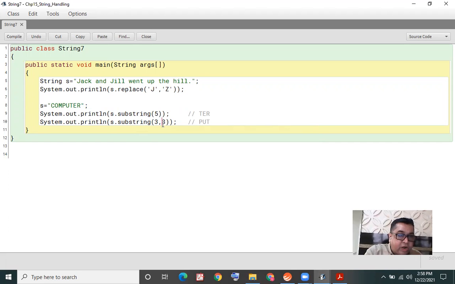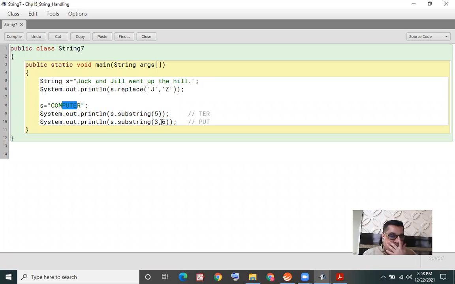I'm saying starting from 3 up to 6, ending at 6. Starting from 3, that is 3, 4, 5, 6, the letter E. So I've specified 3 as the starting position and 6 as the ending position.